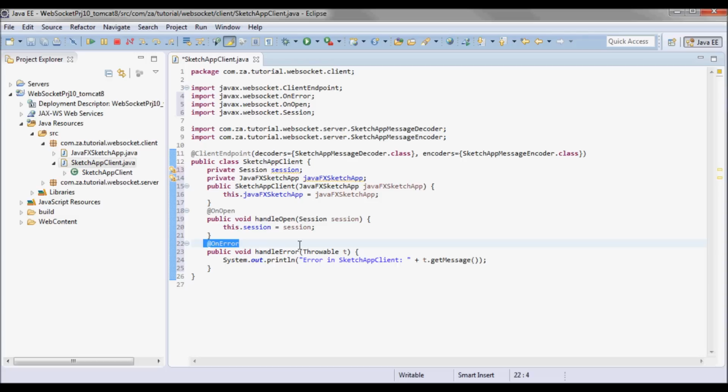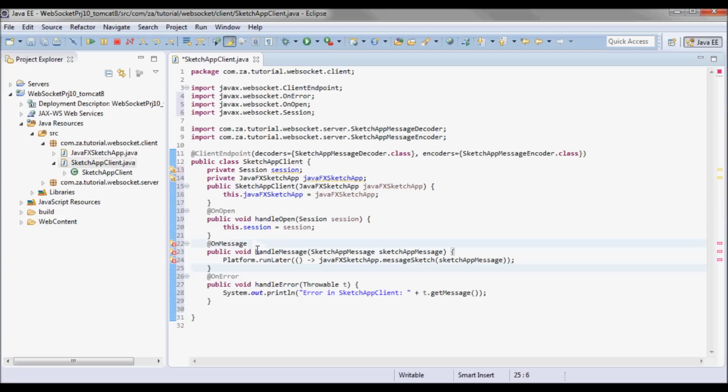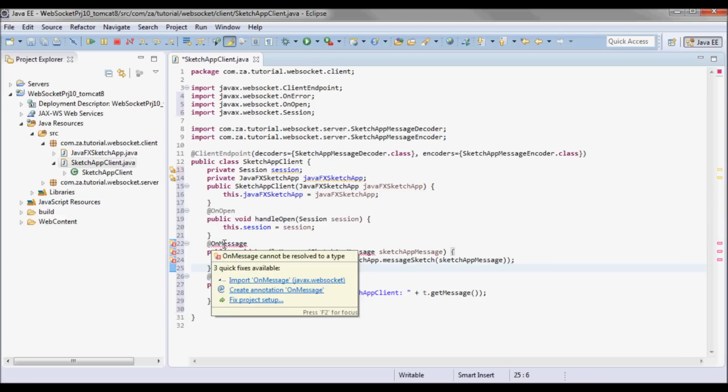So I annotated it with onError, and this method will handle incoming messages from the server.